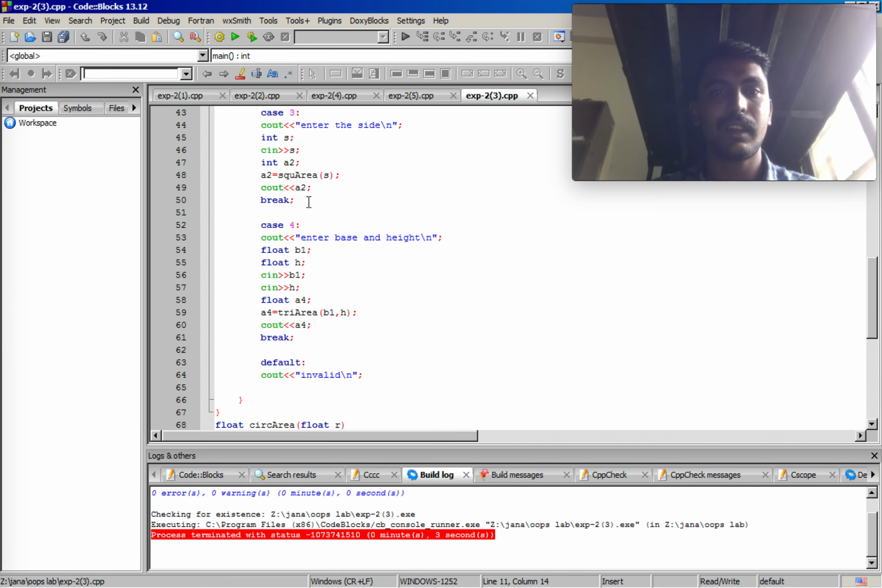And now in case 3, you want to find the area of a square, that means side into side. Here it asks you to enter one side, and the side is given to another user defined function called square area S, and the area of the square is stored in A2,